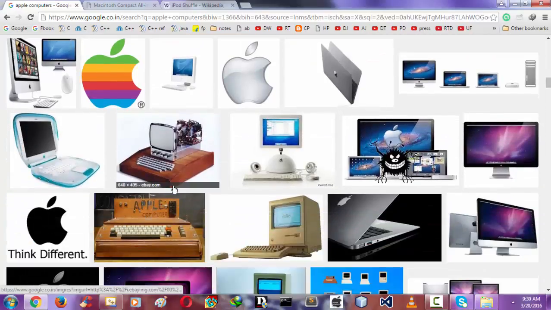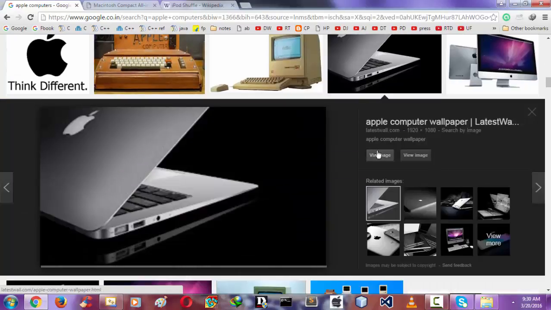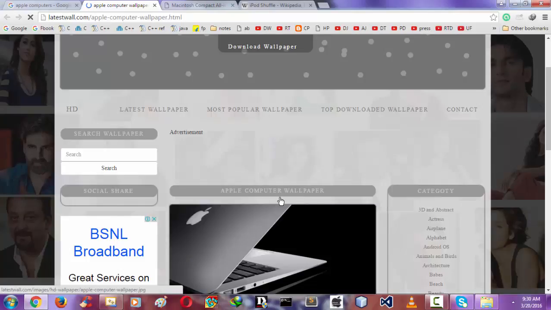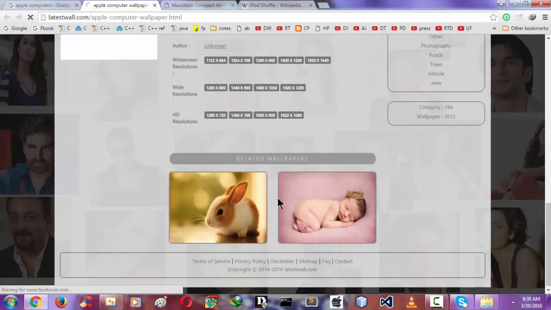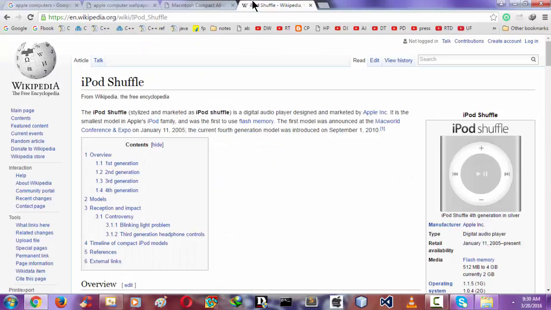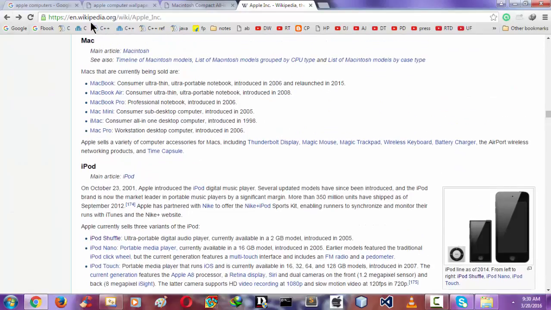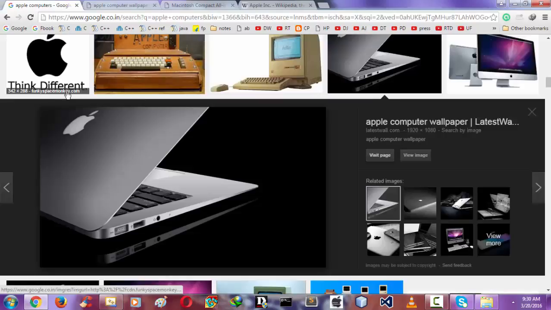In the Google images, you see this is a very wonderful picture if you want to write an article regarding MacBooks and their reviews or something like that. If you go into this page, although it is a wallpapers page, regarding Apple computers, you can take some information here in the form of images, and you can add that image to the text and put it in some other page. In the same way,